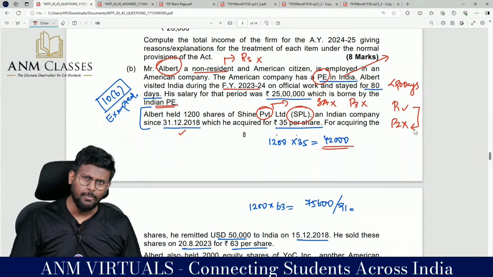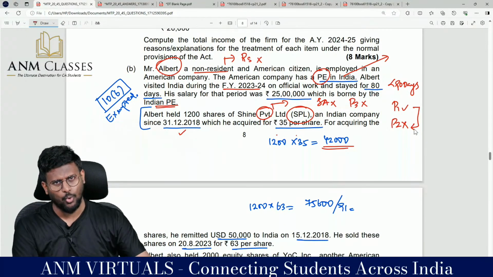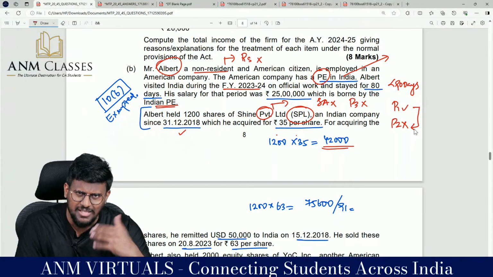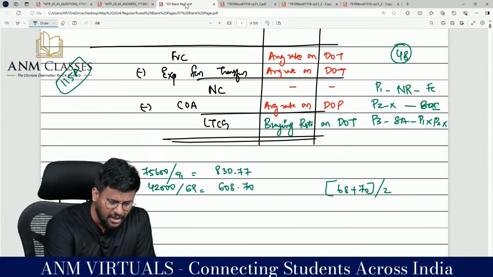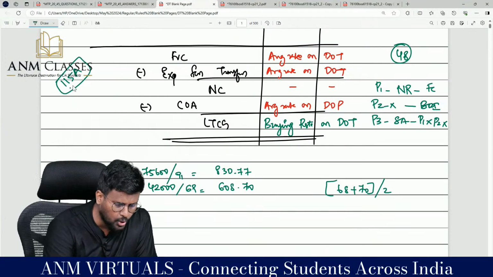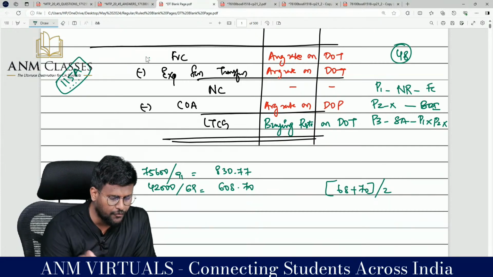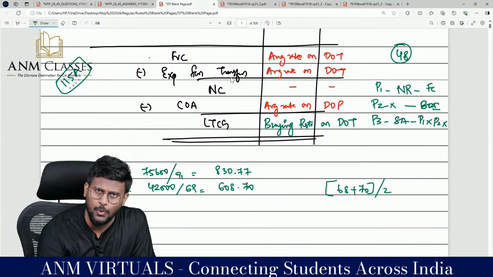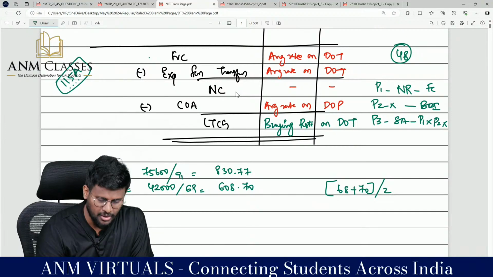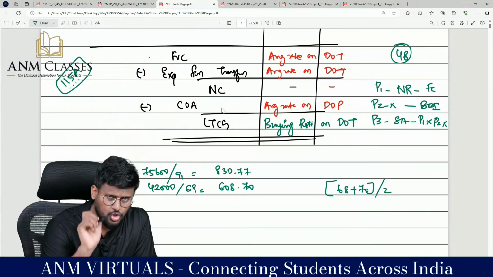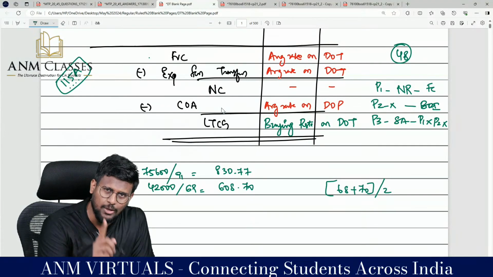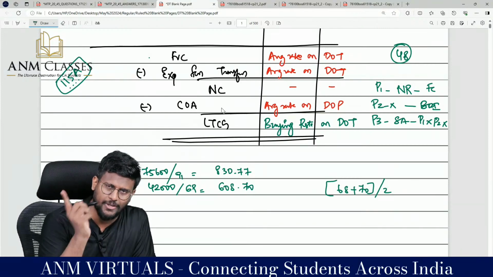What is proviso number 1? Foreign currency calculation. Nothing else, capital gain can be calculated in foreign currency. Calculating capital gain in foreign currency is what rule number 115A is. What is the format of capital gain? Full value of consideration. Less expenses for transfer, you will get a net consideration. Less cost of acquisition or index cost of acquisition. But since you are calculating in foreign currency, you are enjoying proviso number 1.